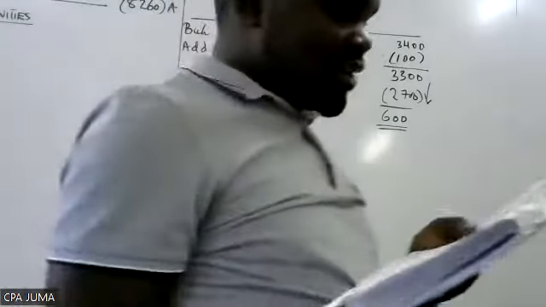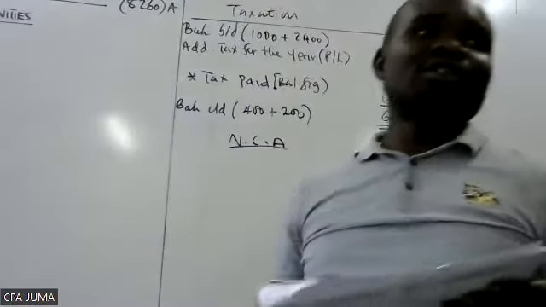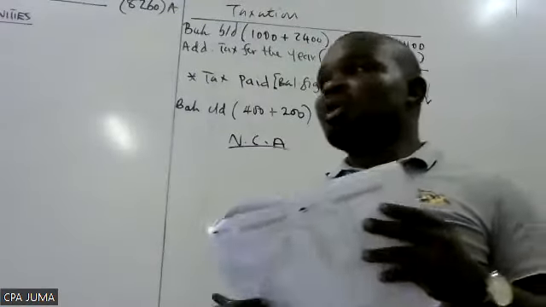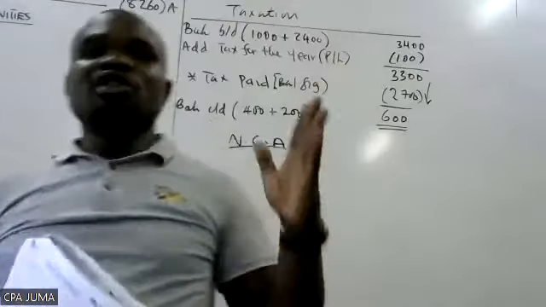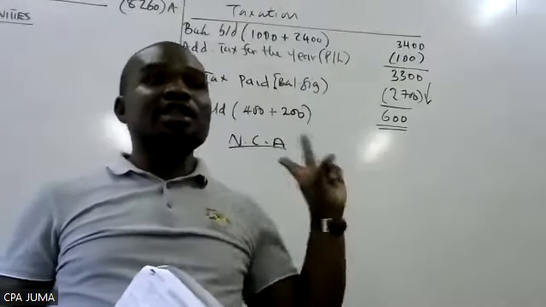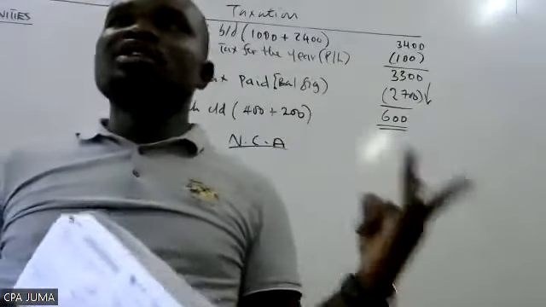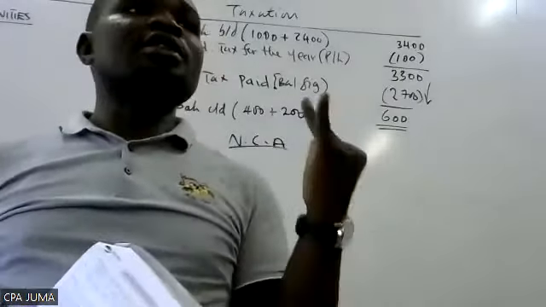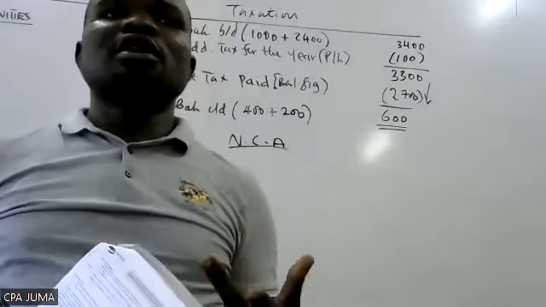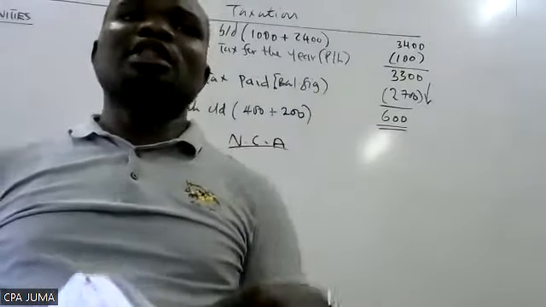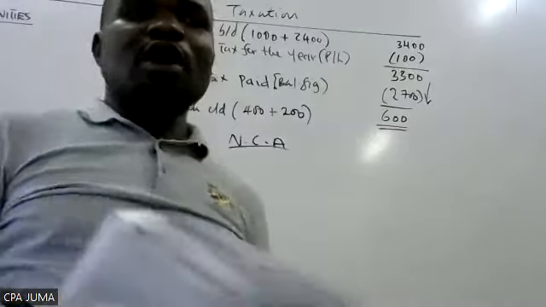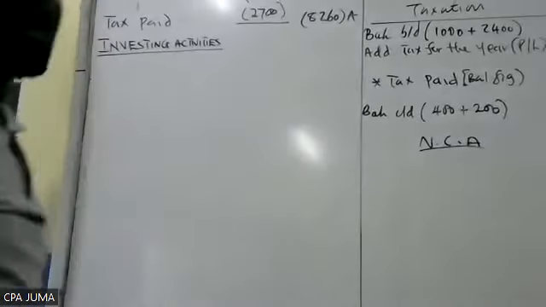There is only one. Property, plant, and what? Equipment. So property, plant, and equipment, just check two things, always in any cash flow. For PPE, you check two items. How much did you receive when you disposed? And how much did you pay to acquire? So the examiner will always give you one, then the other one you will work out. So once you see PPE in cash flow, you come here and say,